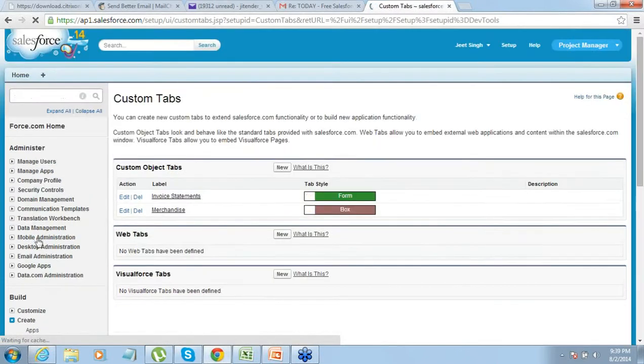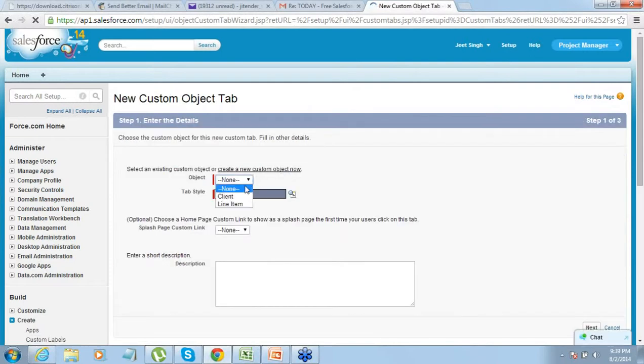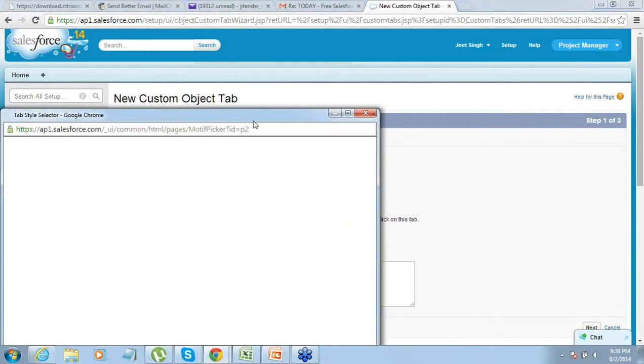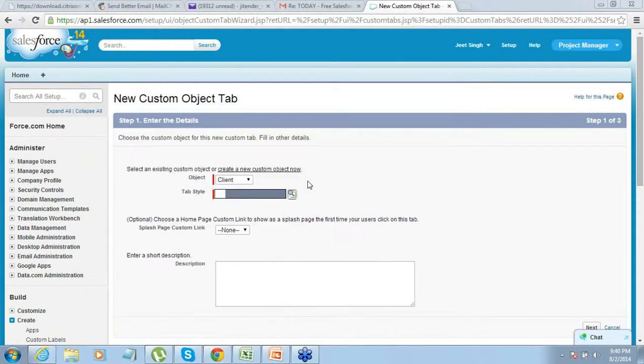Click on tab. Custom object tab. I want to create a tab for the custom object that I just created. Go to new. Select the custom object client. You created the custom object client, select that one, and then pick a style for that. You can pick any style. This is just an icon and a color combination.